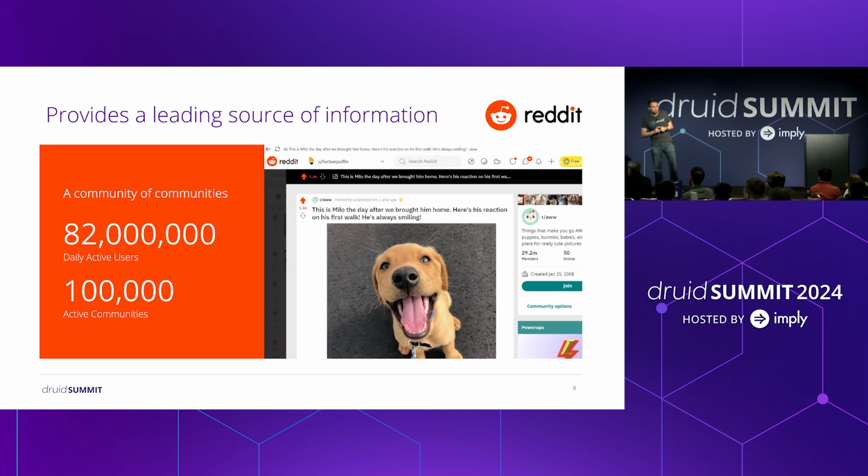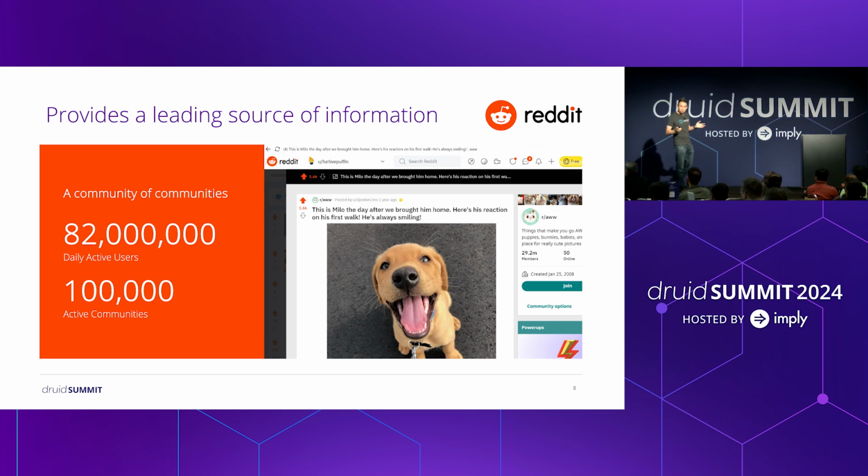Now, another company I'm going to talk about a little bit is Reddit. Most people in the room have probably also heard of Reddit. It's a primary source of information. Over 100,000 communities, 82 million daily active users. I know when I Google questions and stuff,